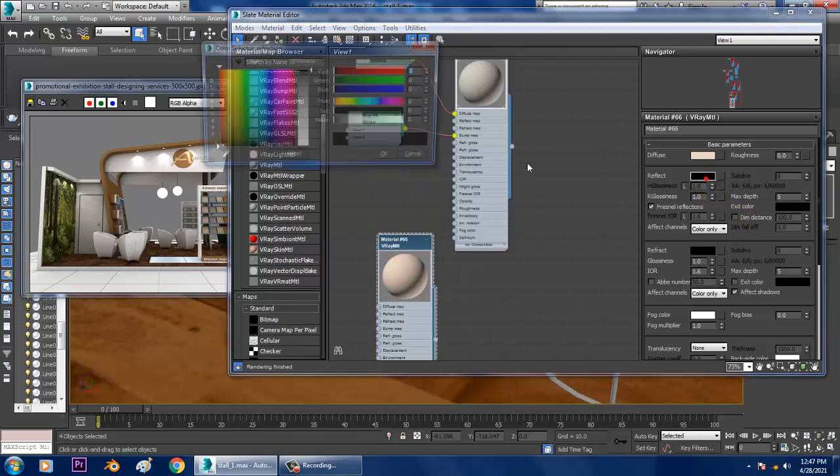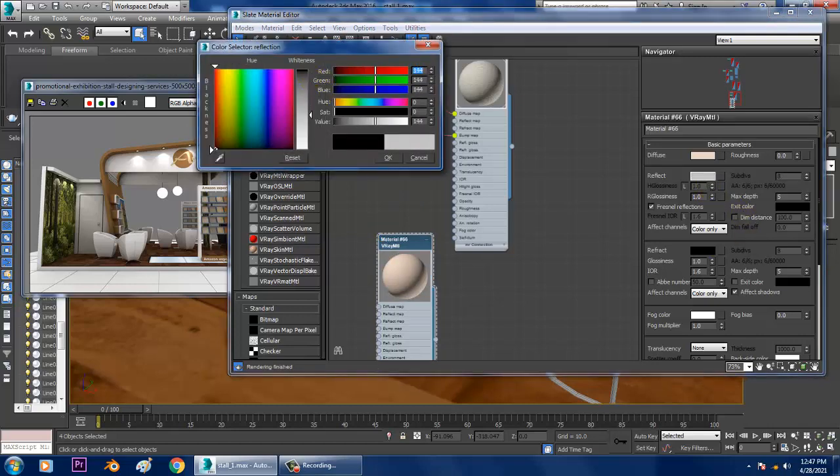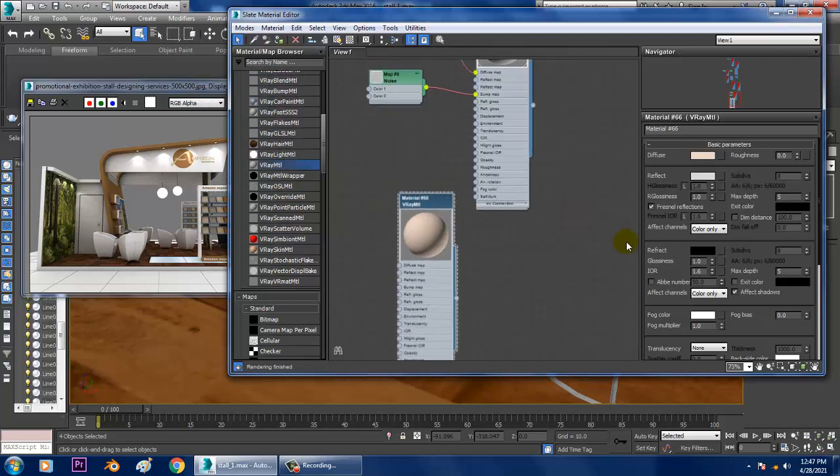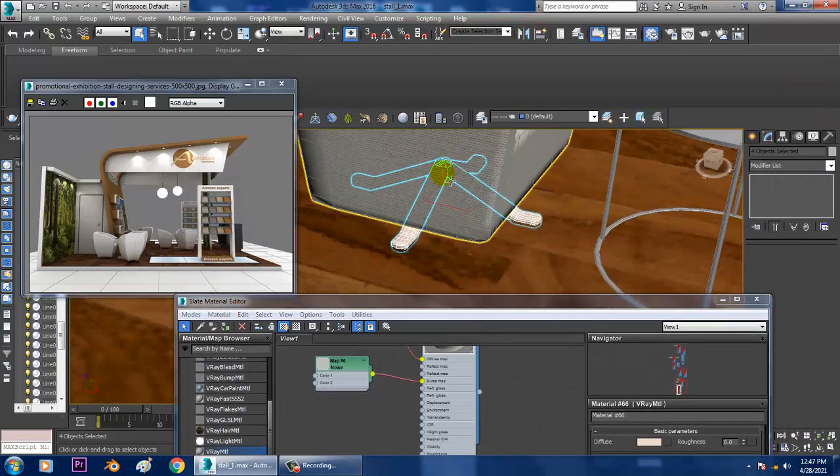I'll go into the reflectivity, increase its reflectivity. I'll reduce the Fresnel reflections, R glossiness, and let's assign and see how it looks.